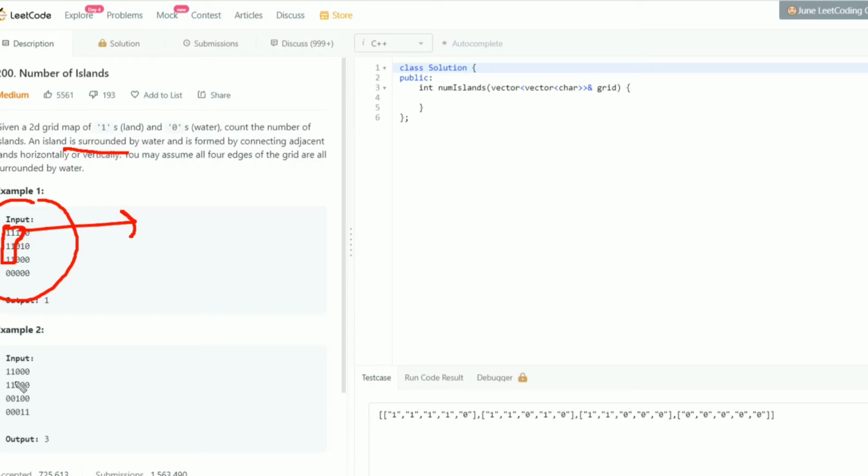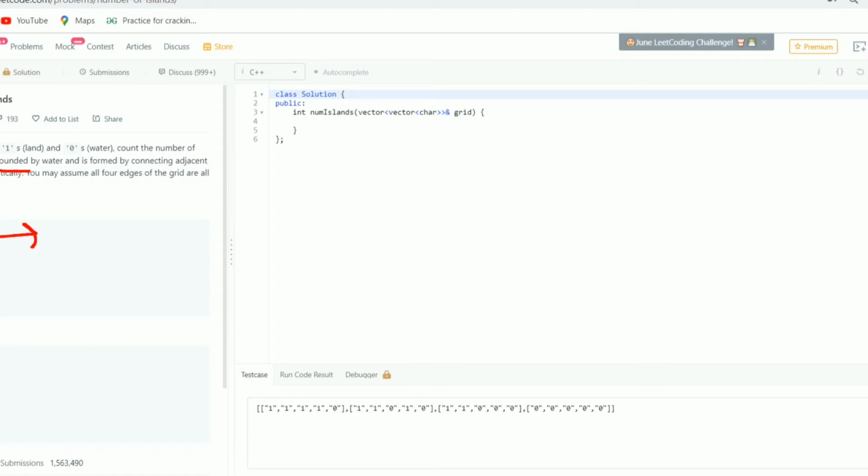Now if we see example 2, this is a group of 1. Basically we need to make a group of adjacent lands, means adjacent ones which are connected to each other. So this is one adjacent group, this is next, and this is next. So basically there are 3, so the output is 3.